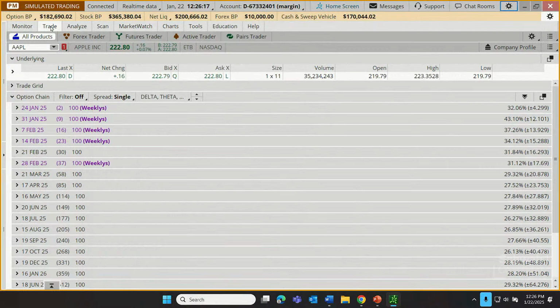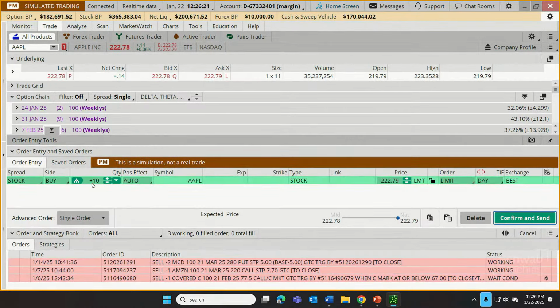Now, if I come back here to Apple and I go to place a trade, I click on the ask price, it's now going to default from this trade forward to 10 shares. So it's a little thing, but for those that are placing trades and they want speed, if we know our typical order quantity, changing those defaults can be a little bit of a time saver at crucial moments.